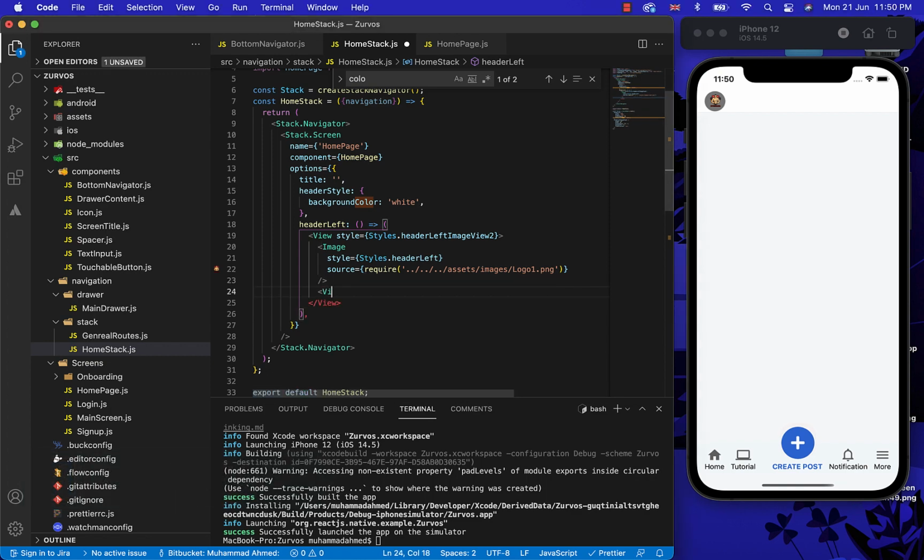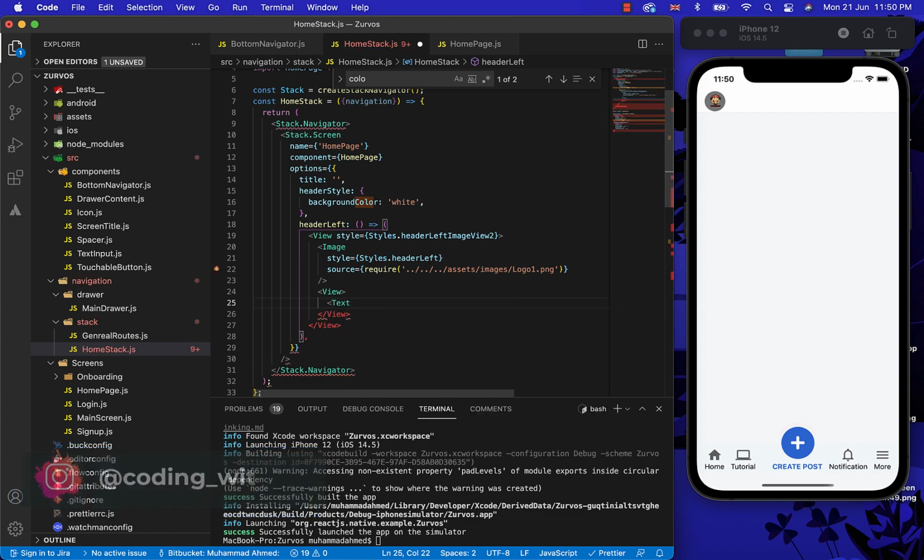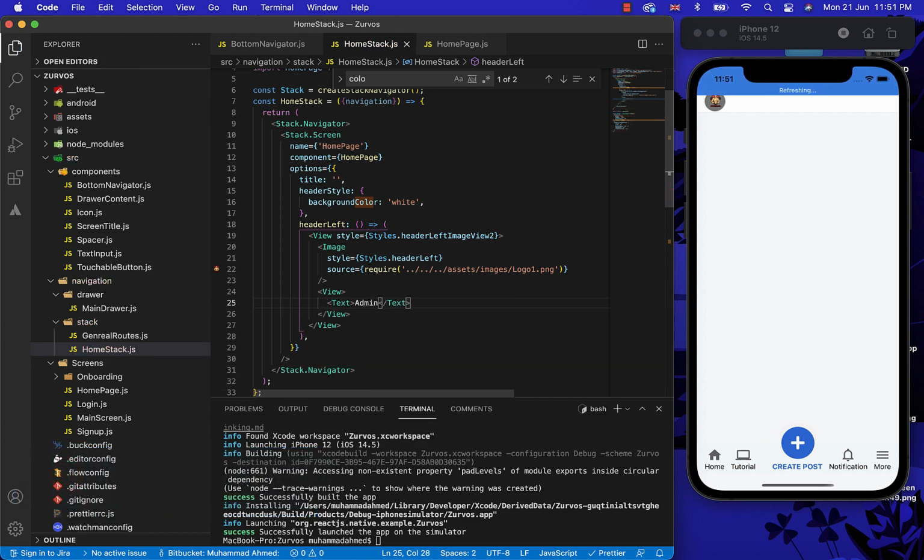And now we also want the name of the user with the image. So for that, let's just import the text from the React Native and put the name which we want to show on the screen.